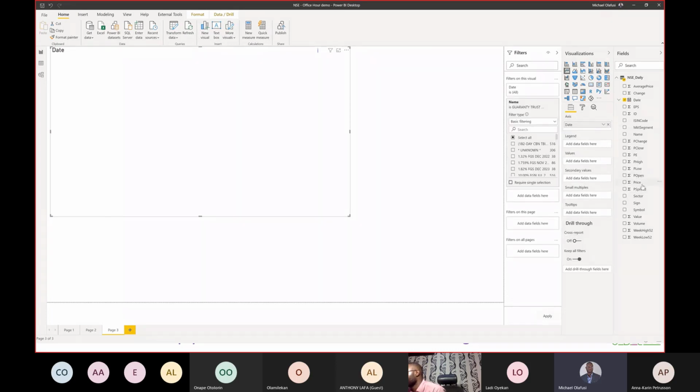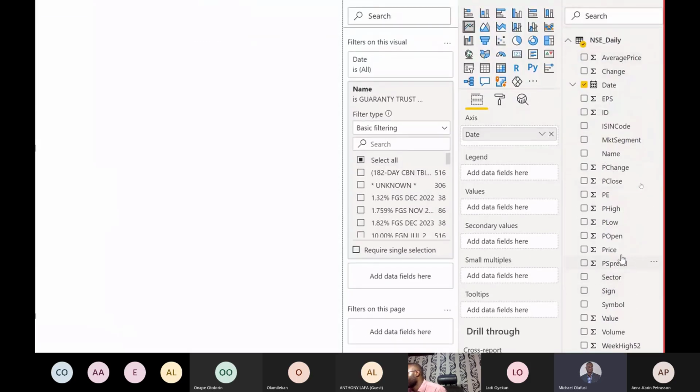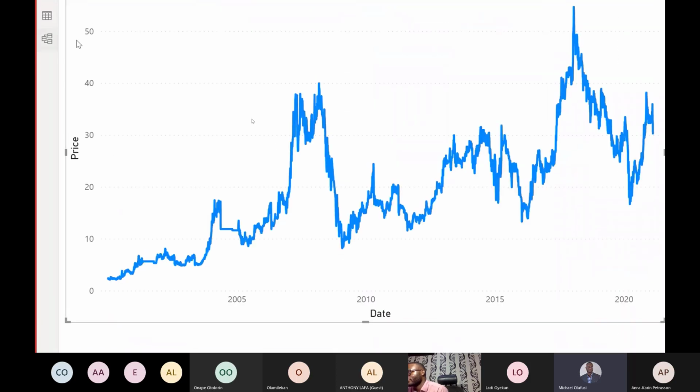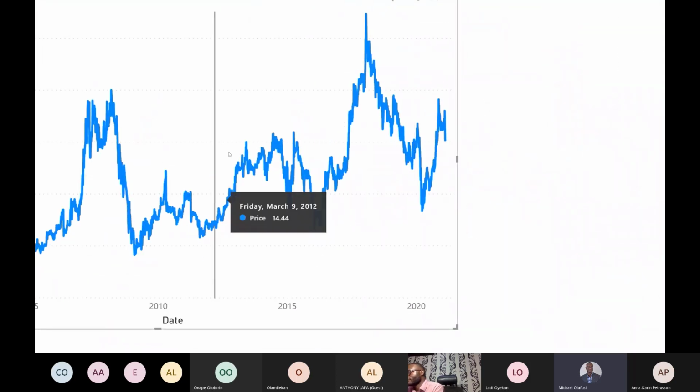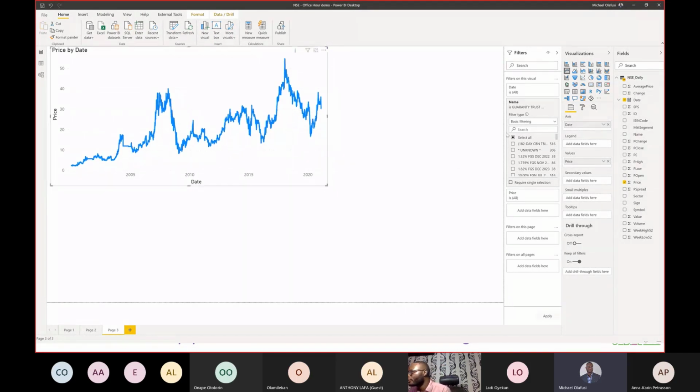So let's just zoom so you can see what I'm doing. Over the years, I put the date here, and the price in values. So you see it's going to plot it. Now, what is the advantage of small multiples? If I want to see this, and I also want to see Zenith Bank, am I going to have to duplicate this chart? Before now, either you plot the two on the same chart,